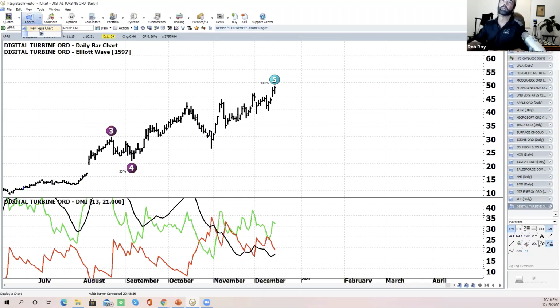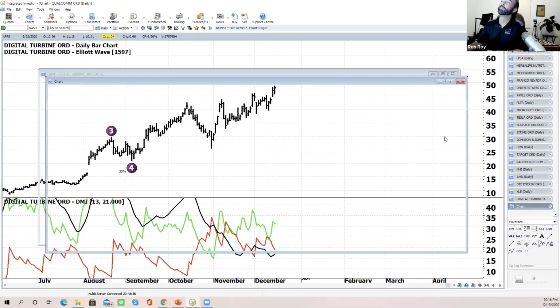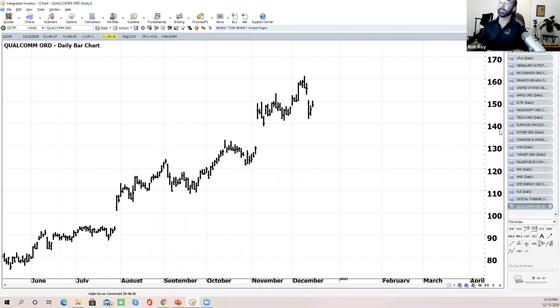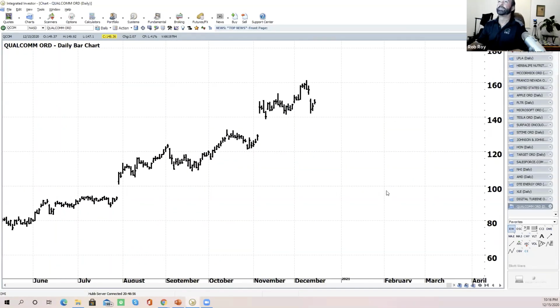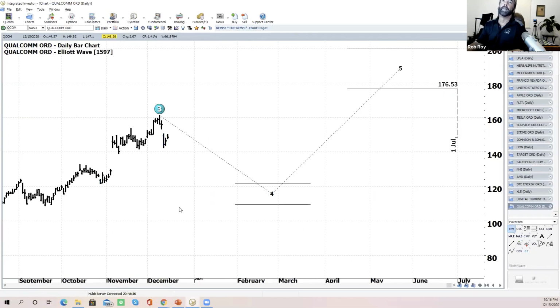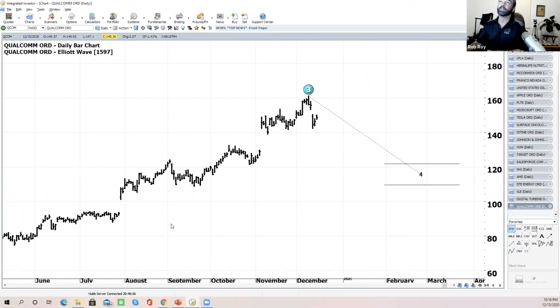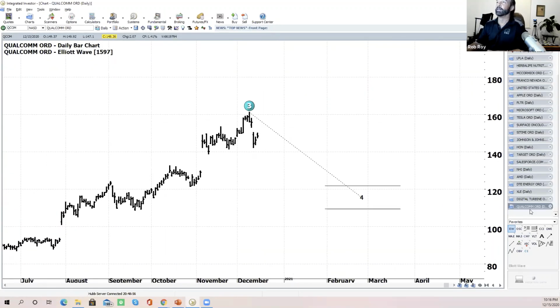Qualcomm, holy cow, is that a blast from the past? Used to trade the heck out of this. Tons of money on it forever ago. It was the greatest stock ever at one time. It seemed to go up every single day. And it's kind of got that look to it again, doesn't it? I haven't looked at this lately, but